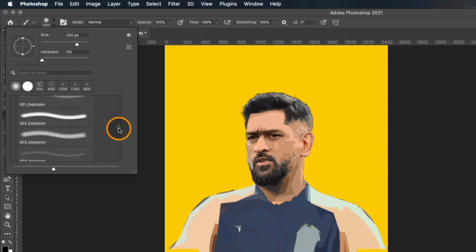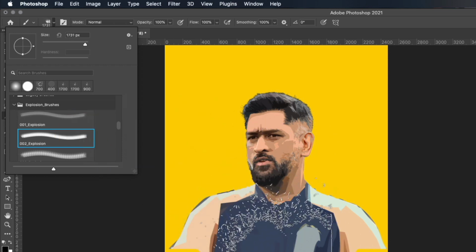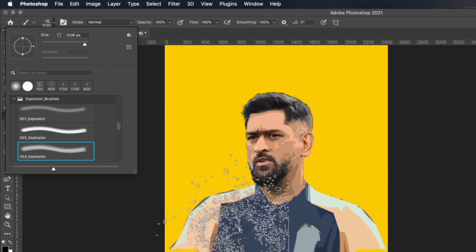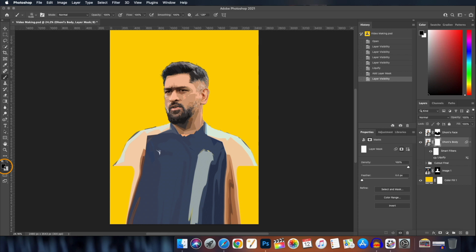This is a custom brush. I will leave the link of the same so that you can find it, and you can also work with the same in your illustrations. Let's rotate the brush, make the foreground color black. Or before that, what you can do is you can make the layer mask negative, that is, it will not select anything. Let's delete the earlier layer mask and create a new one by holding the Alt or Option key